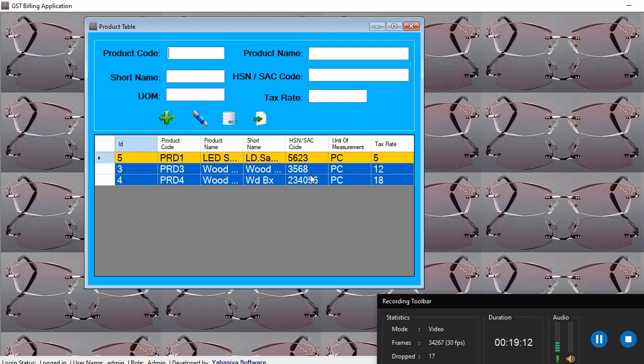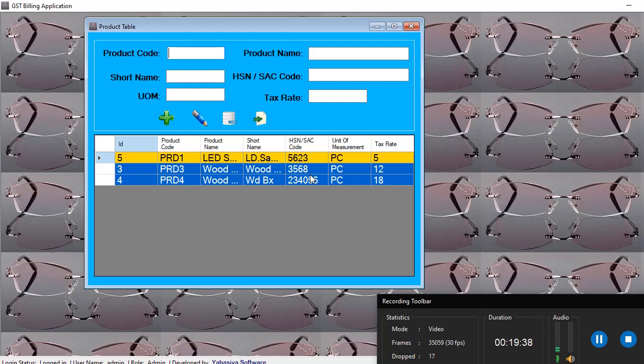So whatever information does not change very frequently can be kept in the product table. Because of that, we can reduce our typing effort. How? We are going to assign each product a short product code like PRD1, PRD2, PRD6, something like that.